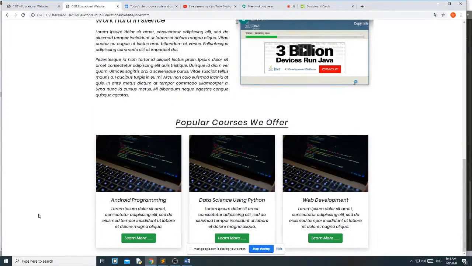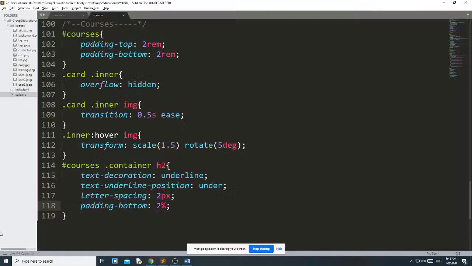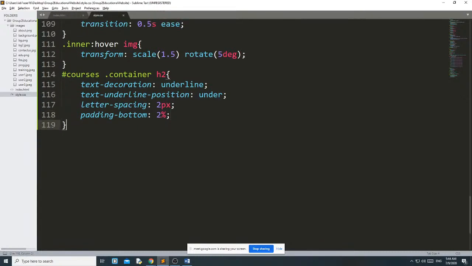Okay. Then we will style this H5. This all H5, okay, that is inside the card body. So .card-body h5. What things do I want to change?